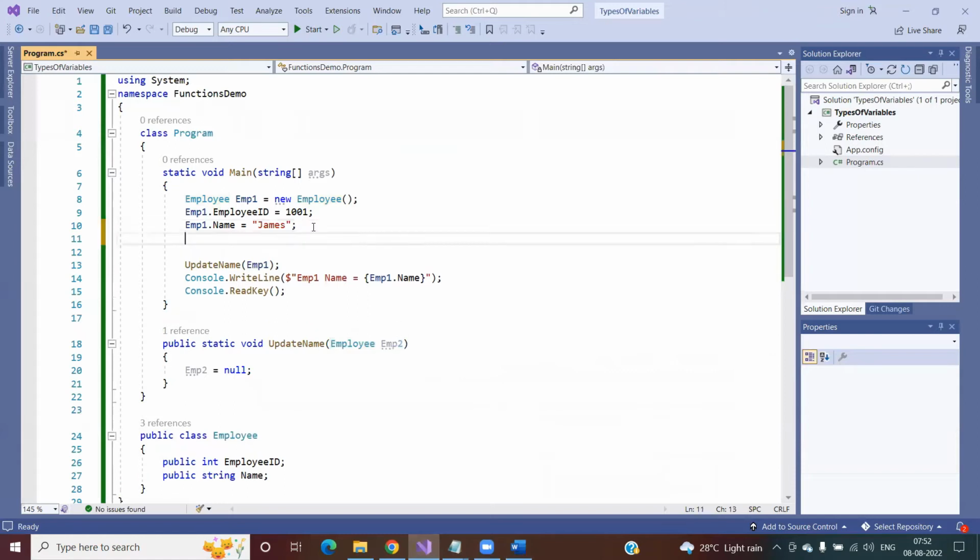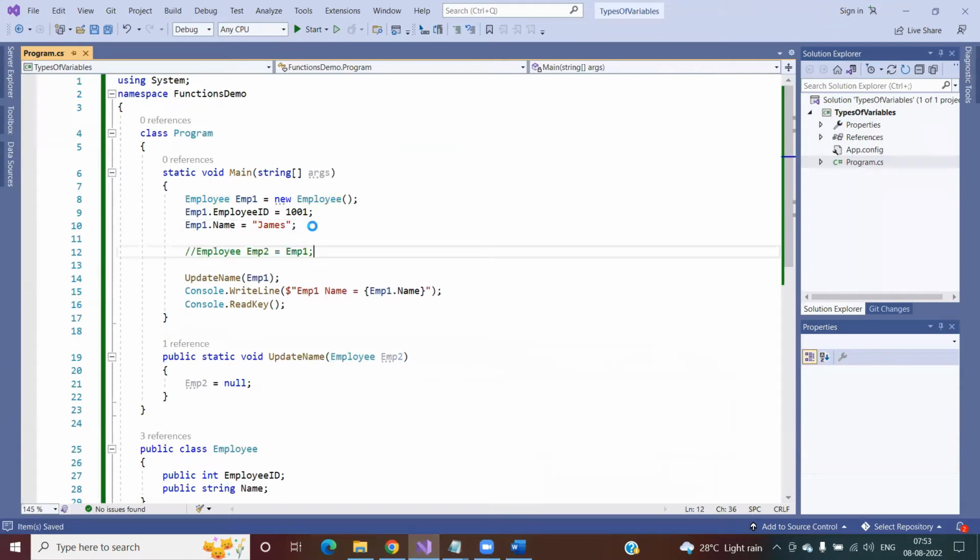Okay, so in our previous example, we used this one, employee one, we are assigning to employee two. In this case, we are also doing the same thing, but this statement is written inside a function, right? Inside this function, update name. So here we are passing this employee one, right, to this employee object. So this employee two. So the same thing. This is the memory architecture. What we discussed in the previous example is the same one. In this case, we are just passing the value that is held by employee one object to this employee two